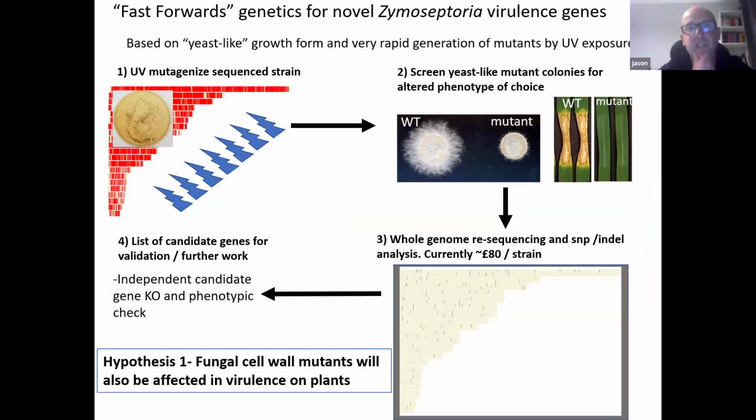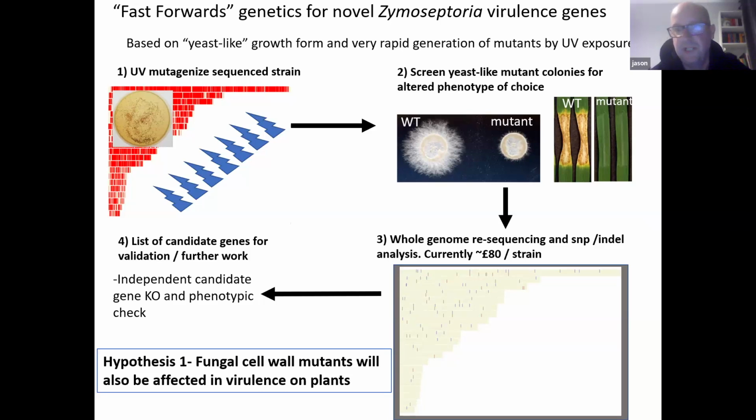So the fast forward genetic screen that we've adapted thus far uses this technology basically, where we UV mutagenize our standard sequenced strain, and then we select for whatever particular phenotype of interest it may be, either strains that cannot transition into hyphae from yeast-like cells or directly on plants, although that takes a little bit longer, as you might expect. But whenever we get a mutant of interest, we do whole genome resequencing and SNP-indel analysis,